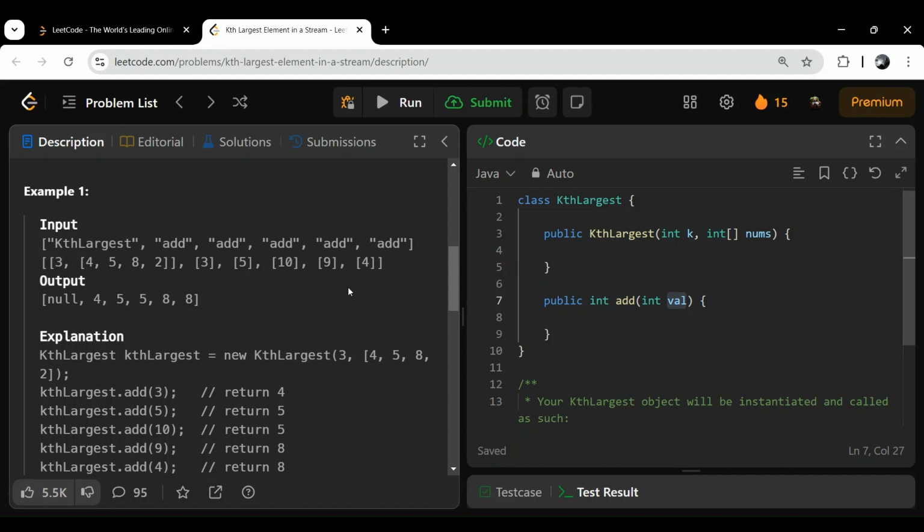And if the value is greater than the top value,